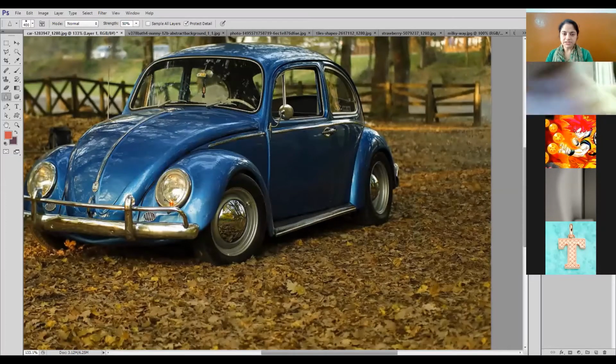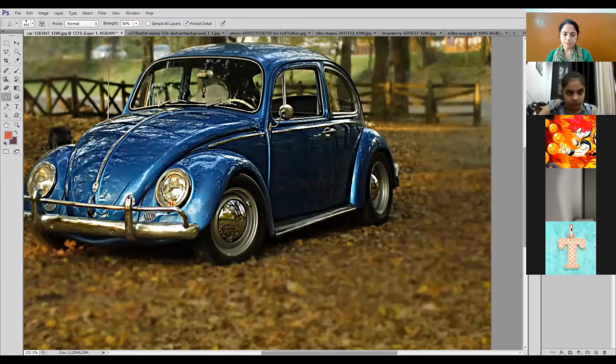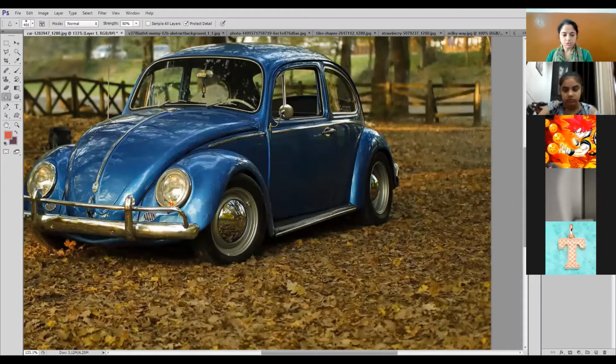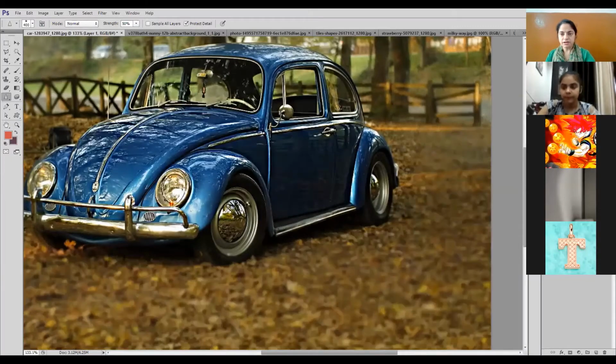You can see the leaves have been blurred and the car has been sharpened. Both effects we had given. Here I had applied the blur effect. Here I had applied the sharpen effect. I can hide the new layer so that you can see the real image. And if I make layer 1 visible, you can see that this effect has been applied.